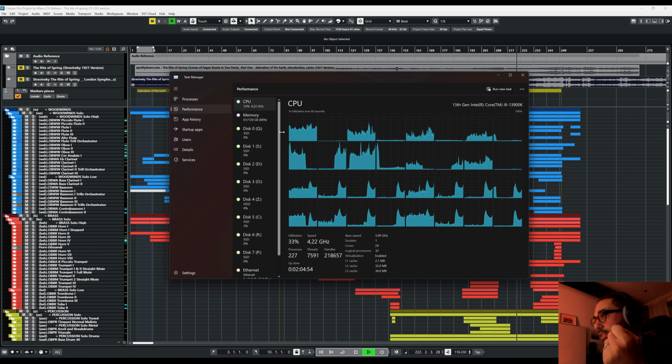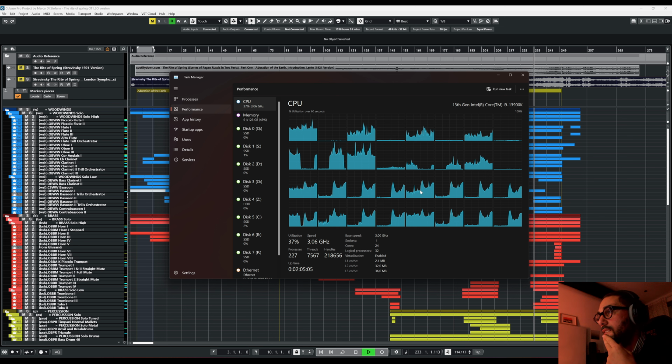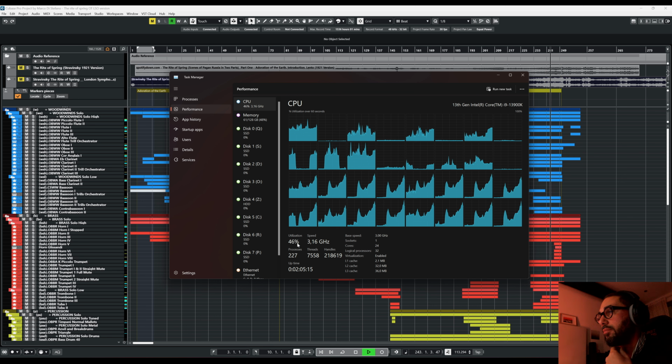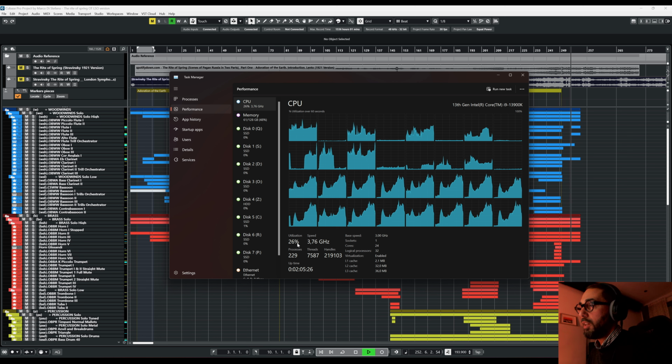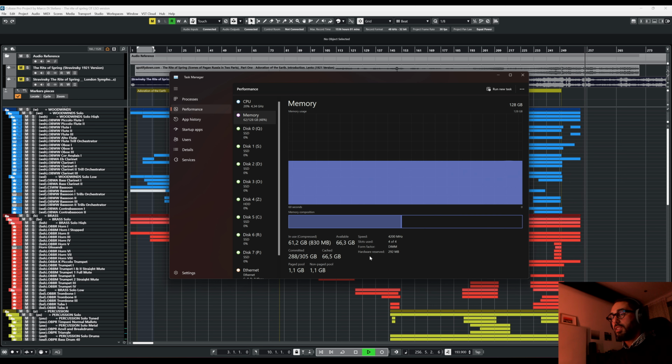I'm using a sample rate of 44, and I'm using an RME HDSP interface. Oh yeah, 50%, 55. Voila, that's it. The peak was at 55% of CPU usage with 62 gigabytes in RAM, and